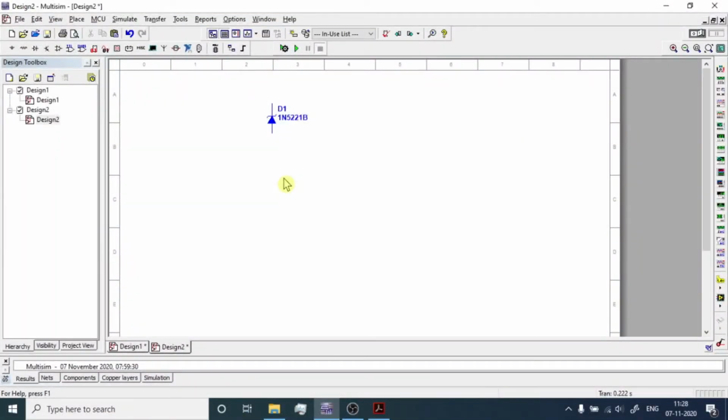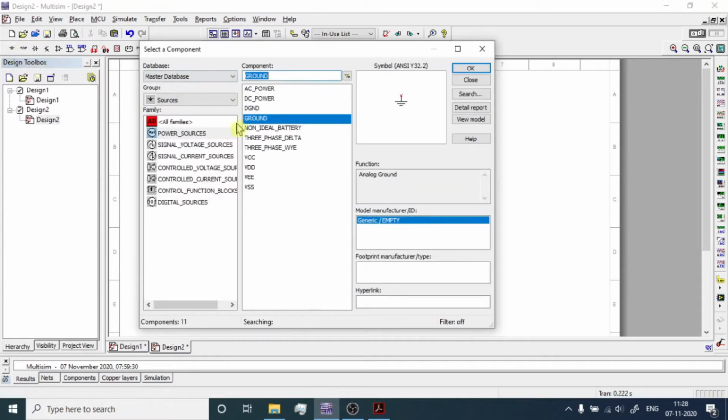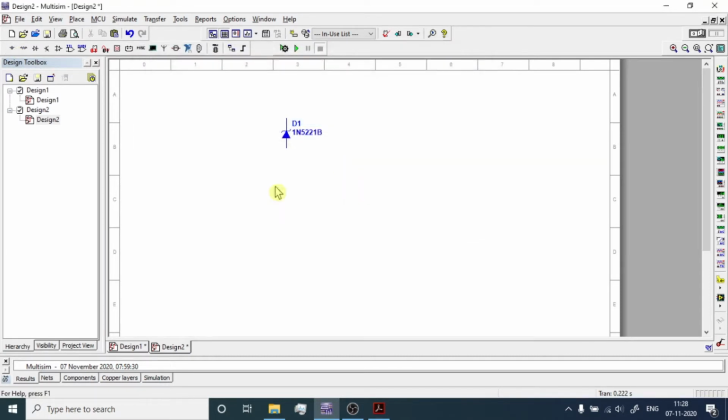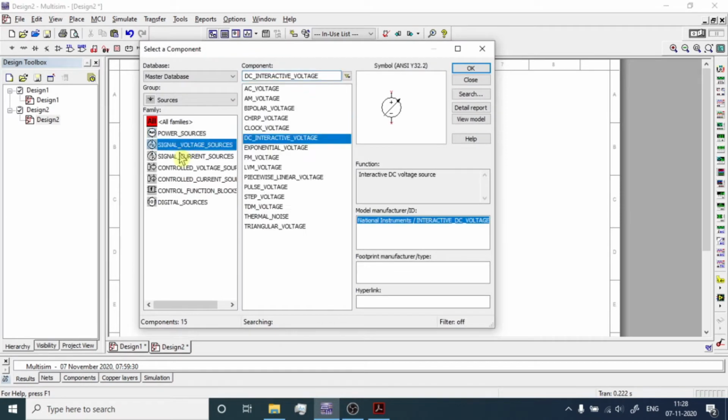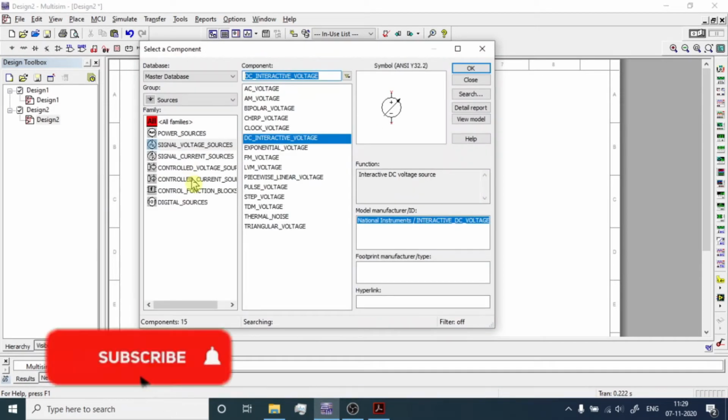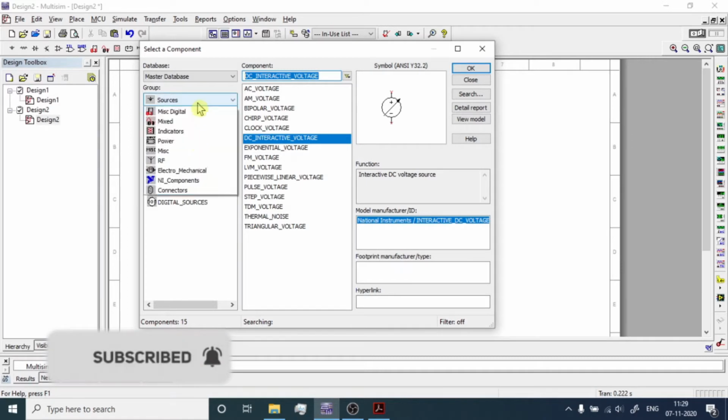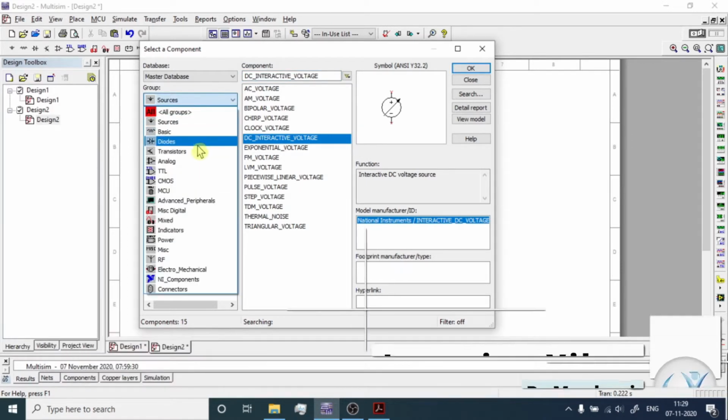Now let's get back to the simulation, and now we are going to get the remaining components. We'll go to sources, we will take ground, then signal voltage source, and we are going to use DC interactive voltage. Why we are going to use this, I'll tell you later on. And then we are going to use a resistor.